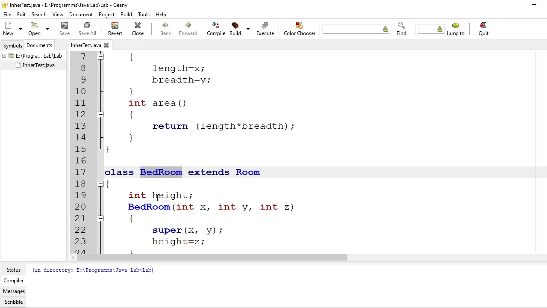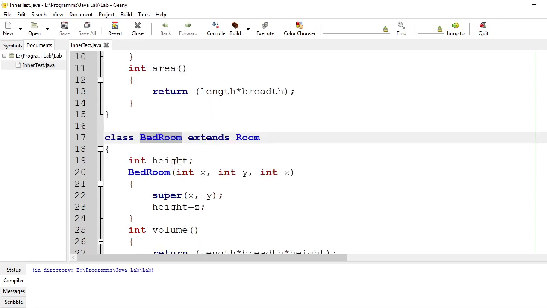That means breadth is available here, length is available here, as well as area is available here. The method area from room is also available in bedroom. Apart from this data and methods, I can add my own data and methods in the bedroom class.